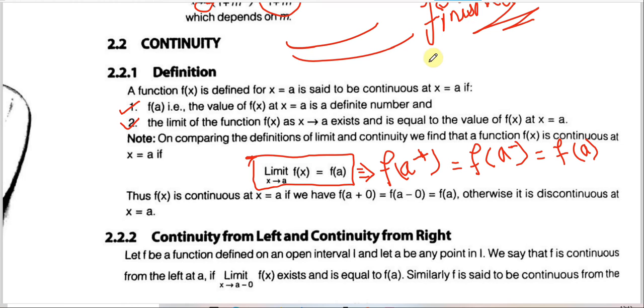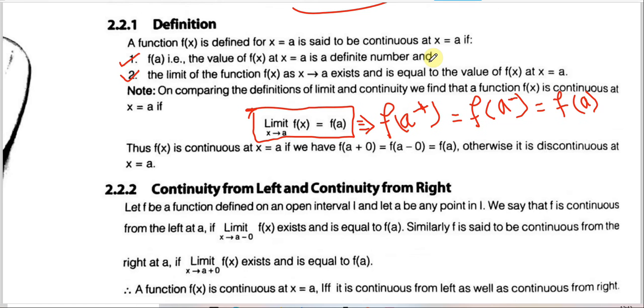So today we will solve problems on continuity and differentiability. Let's revise the formula. Continuity is related to limits only. In limits, we find two limits, the left hand limit and the right hand limit. The limit of something at a plus should be equal to that at a minus, then only we say that its limit exists.